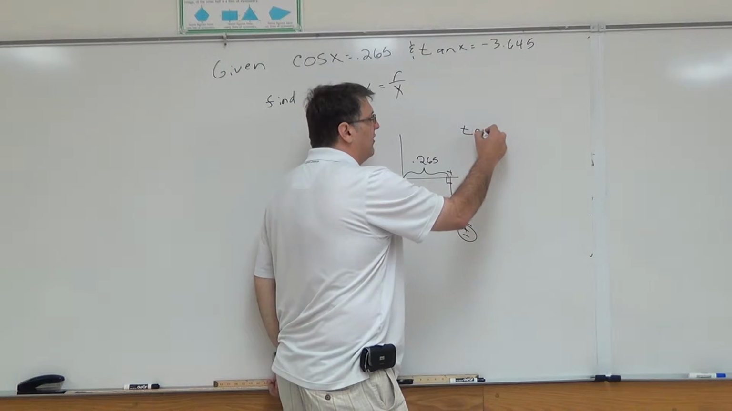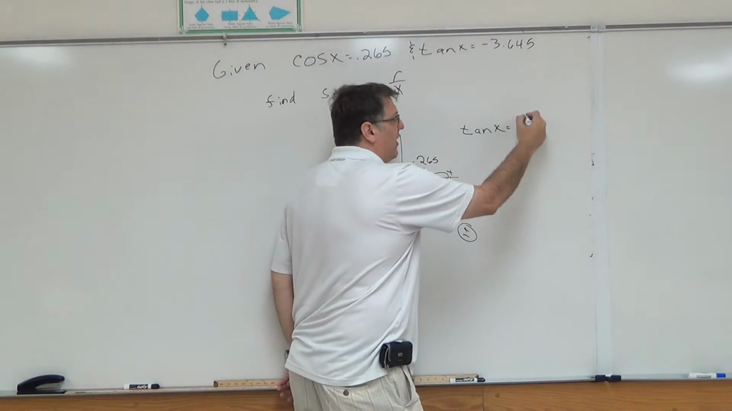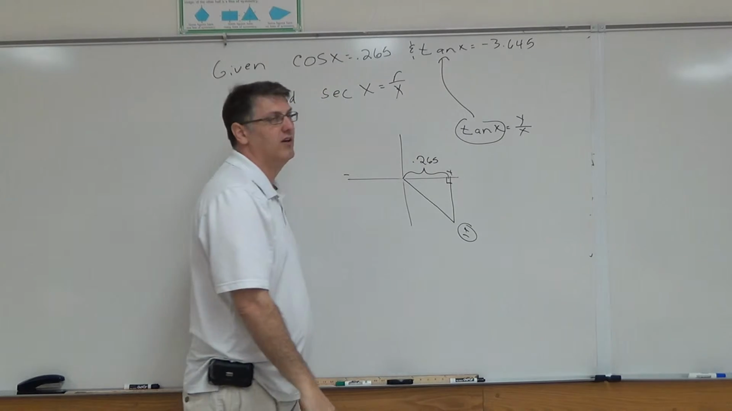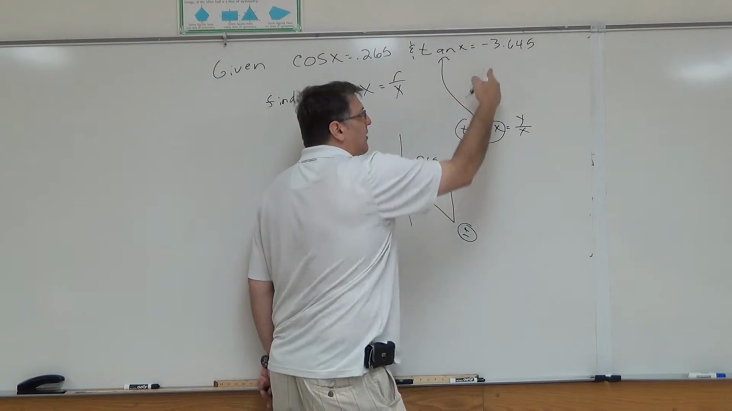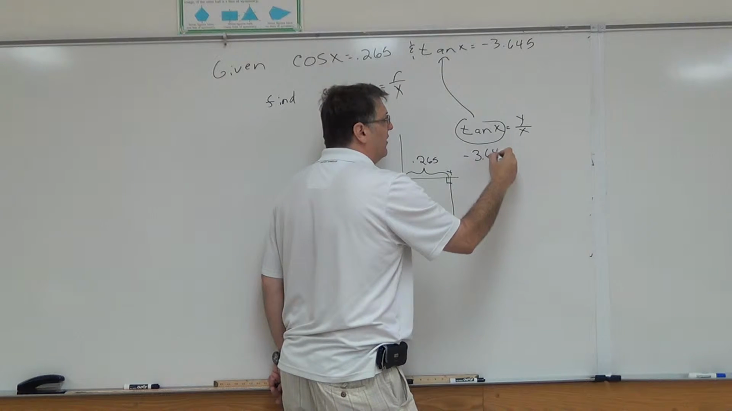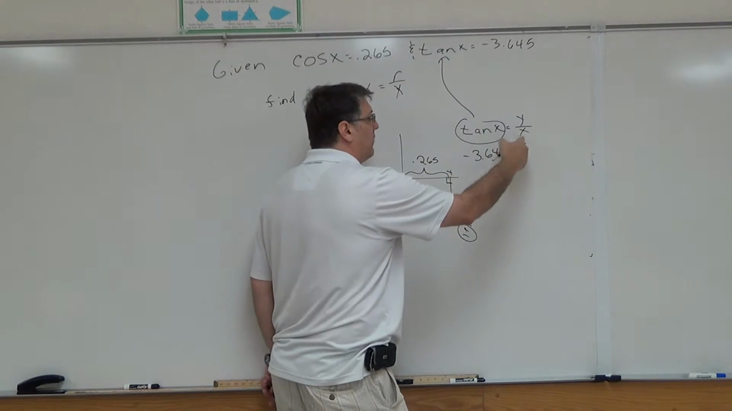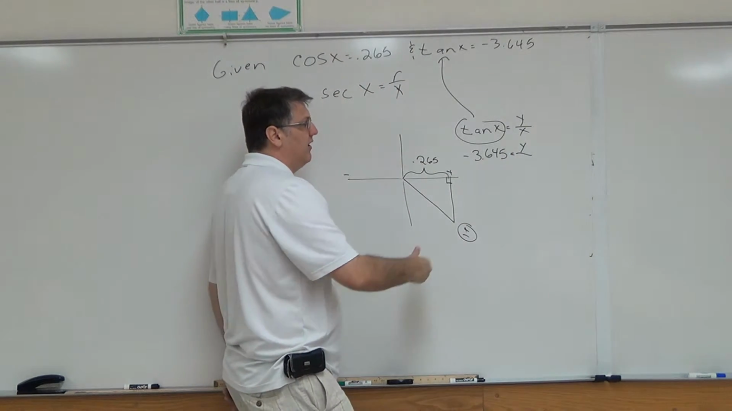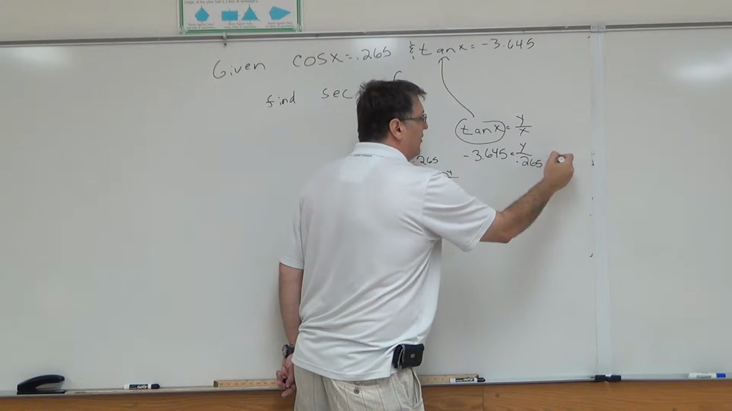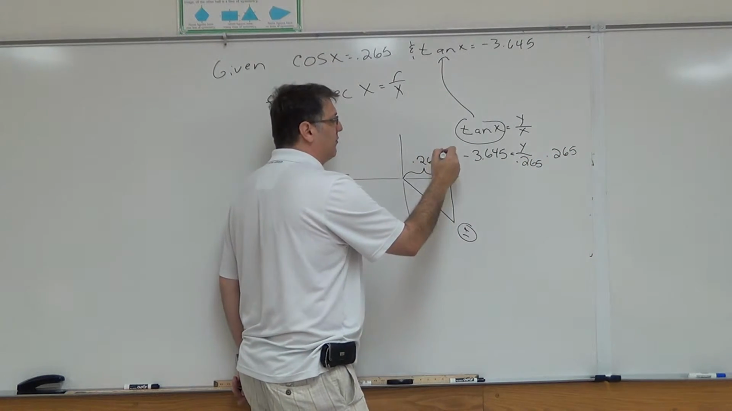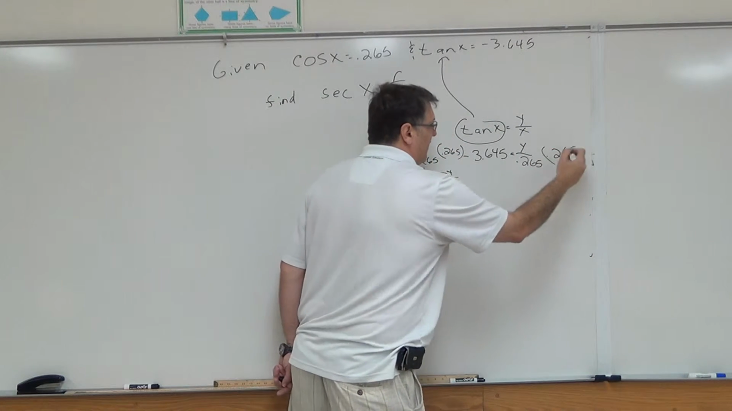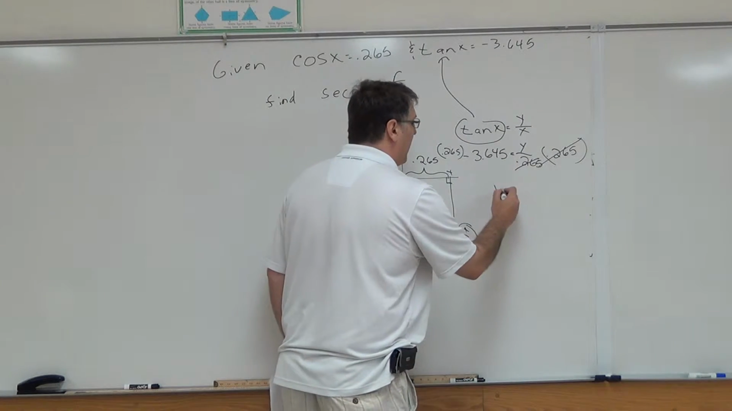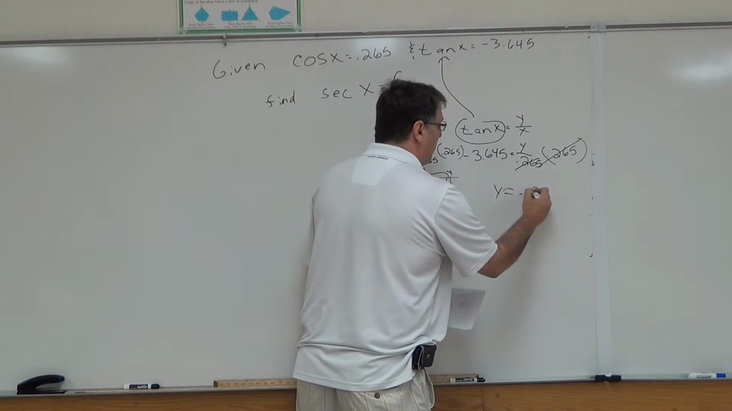Well, we know tangent is really y over x. But tangent here is the same thing. Substitute it out. Bring the number down and replace. Negative 3.645 equals y. My x value on this triangle, as well as here, the cosine, is 0.265. So you multiply by 0.265 on both sides using your algebra. This and this cancel. You end up getting my y equals negative